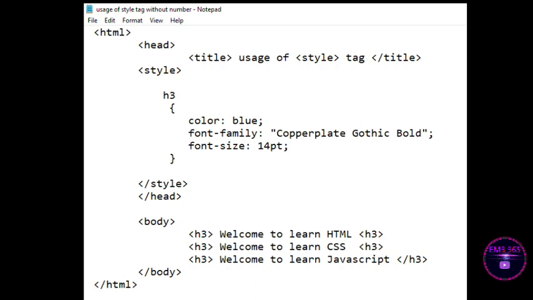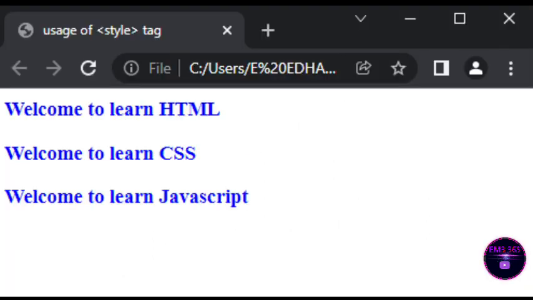If we give it without the H3, these 3 lines will be black, 12 point, and Times Roman, but they don't want that style. They want this style: color blue, font family Copperplate Gothic Bold, and font size 14 pt. That's why they have given CSS internally using style tags. So if we go to the output,